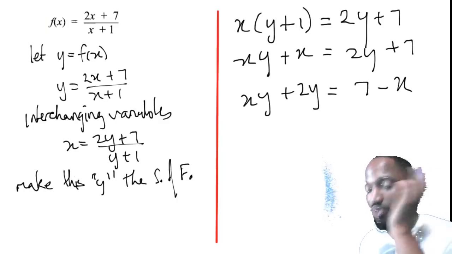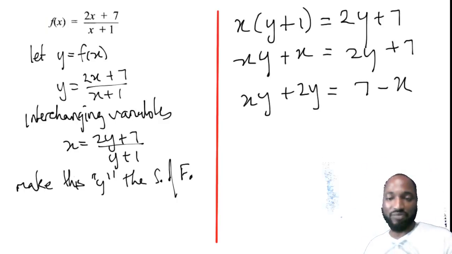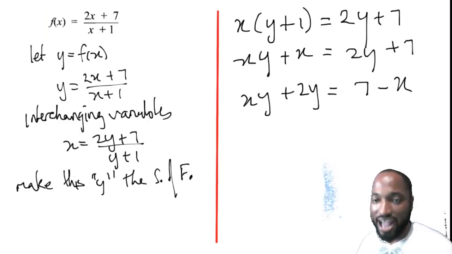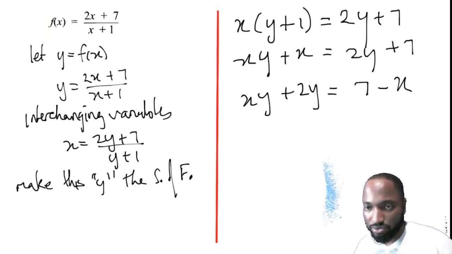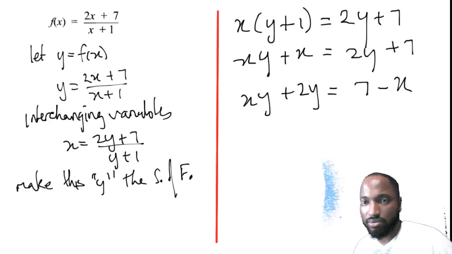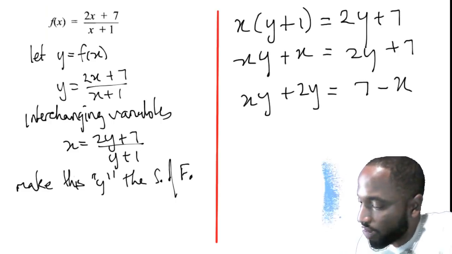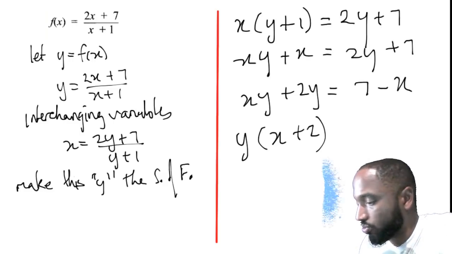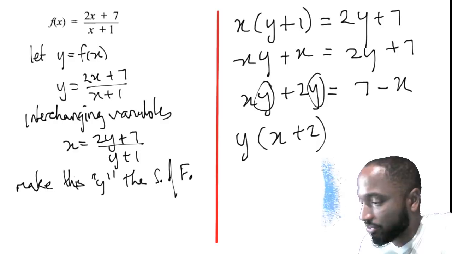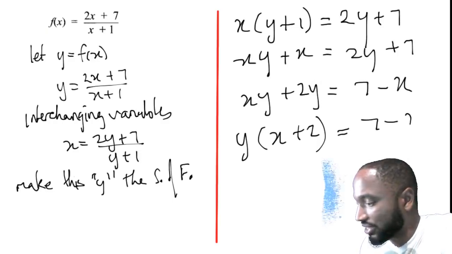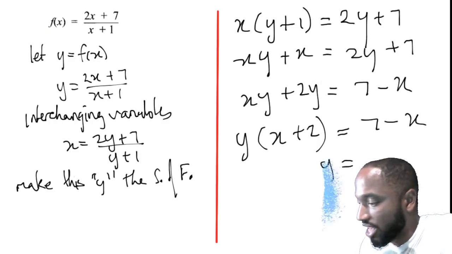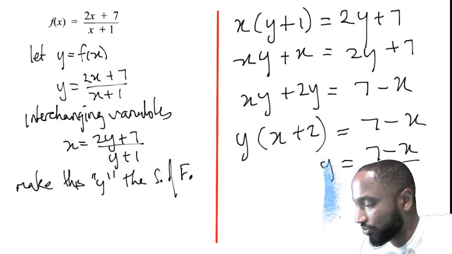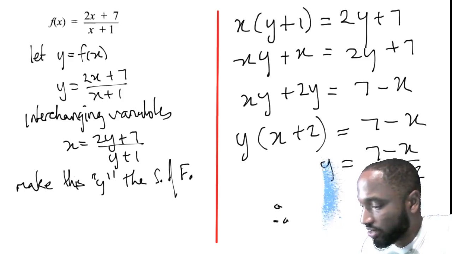Now the next step. Remember, this inverse is the hardest way the inverse could come. So you're going to take out the y, so you'll have y times x minus 2, because I factorize out y here. I'll just leave the 7 minus x in the corner there, and I'm done because the y is by itself. Now I can just divide by that x minus 2. And then I can write, therefore, f inverse of x is equal to,